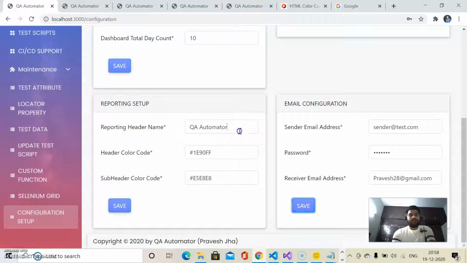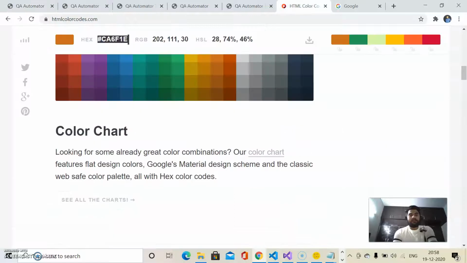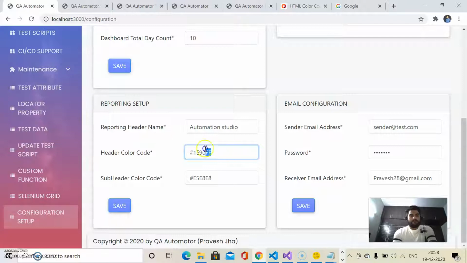So let me update the value. Let me select any HTML color code. Okay, this one. Let me save the information.